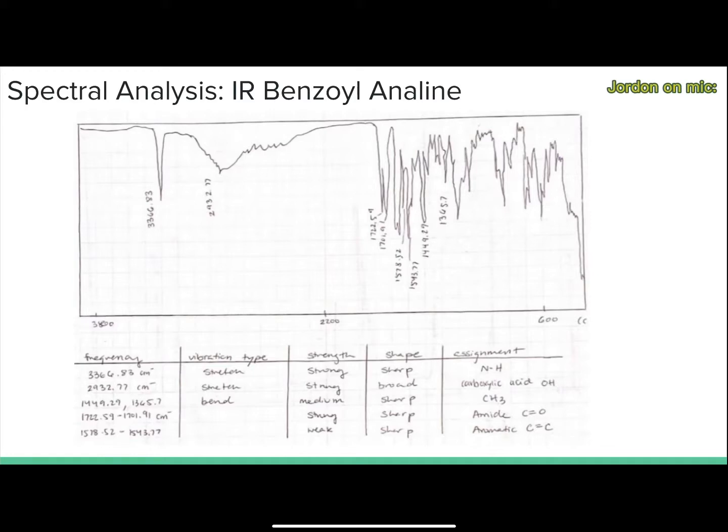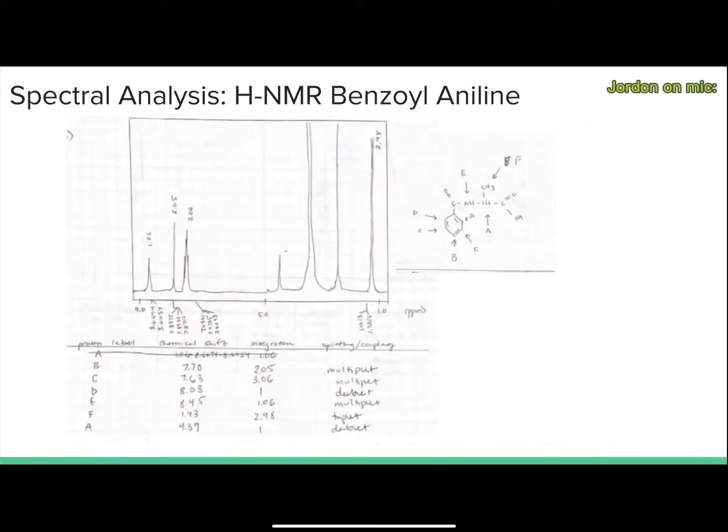For the carboxylic acid alcohol, we have frequency of 2932, a stretching vibration type, and a strong, broad peak. And then for the sp3 carbon, we have a frequency at 1449 with a bending vibration type and a medium sharp peak. In the carbon NMR for benzoyl alanine, you have carbon A at 132 ppm, carbon B at 167 ppm,